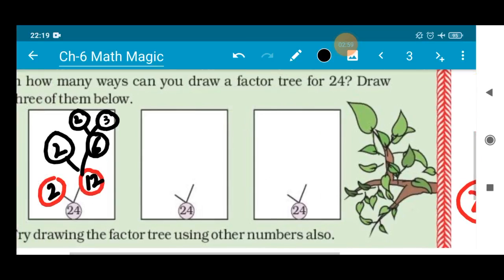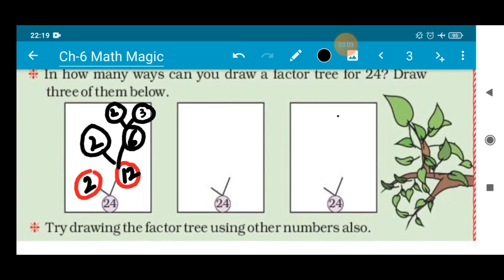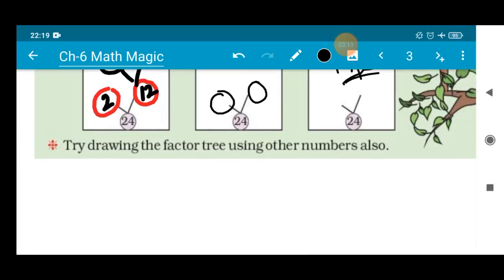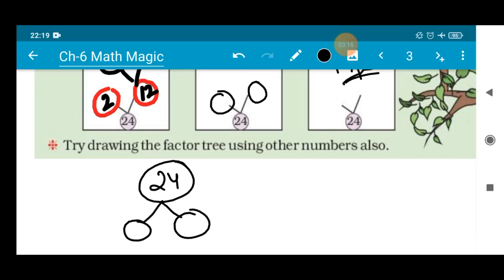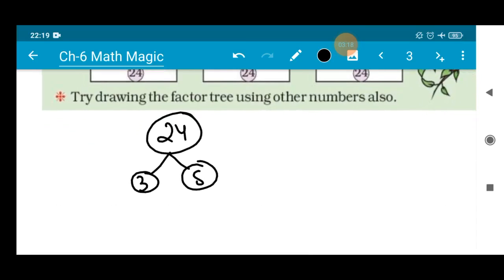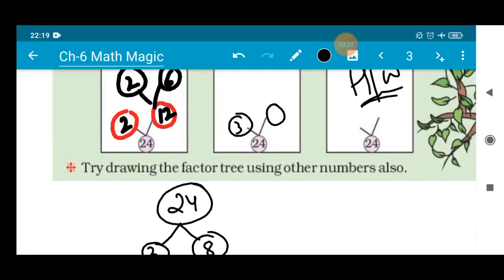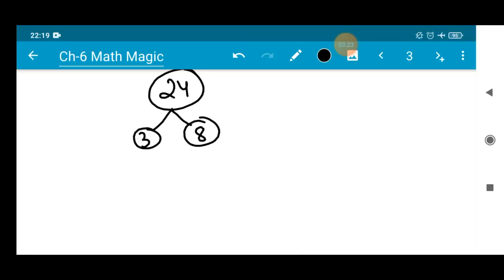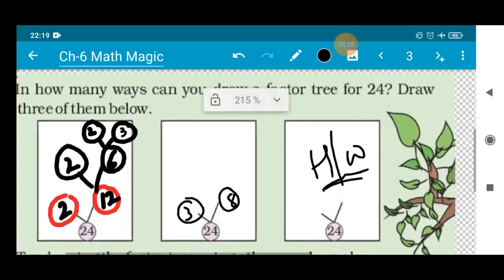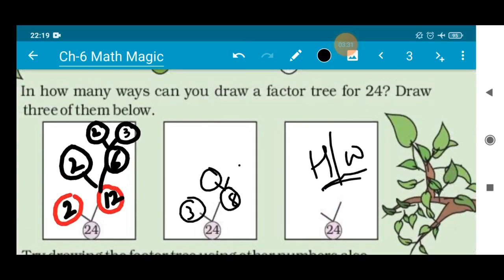Now they have asked us to find the factor tree with different methods. So doing the next one will be a home assignment. Next, I have used 2 twelves. Now I'll be using, let me choose 3, because 3 can divide. You will choose the number which can divide this number. So 3 eights are 24. Yes, why not? 3 into 8 is the number. Now 8 can be divided into 2 into 4. So let us write here 2 into 4. Yes, we can do this.